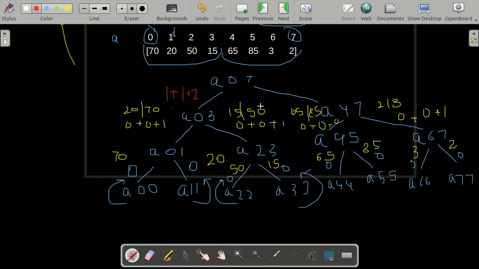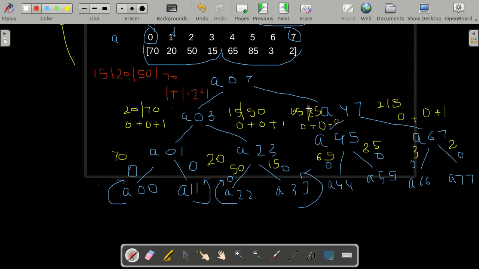Now we'll go to element 50. We'll see if 50 is less than 20. It says no. So we'll check for the next element. Is 50 less than 70? It says yes. So all the elements from 70 are greater than 50. Since 70 is over here the last element, only 1 will be added to it. So these are the total number of inversions for the left part, and the array after this step will be 15, 20, 50 and 70.